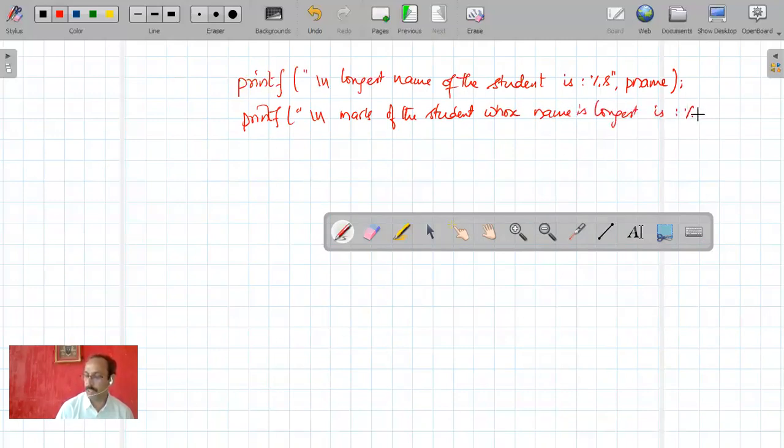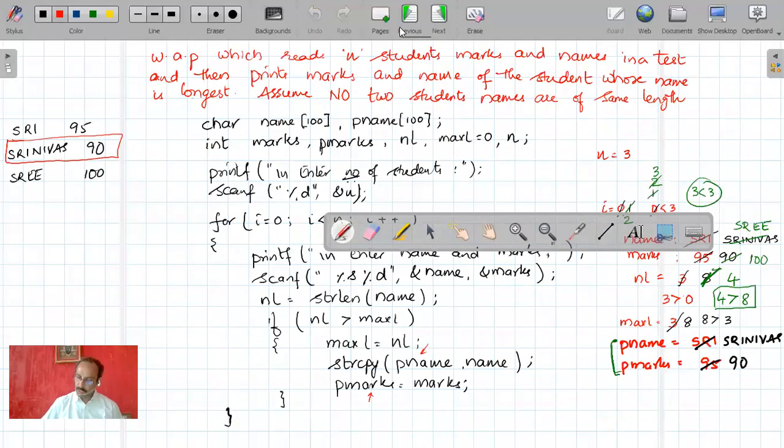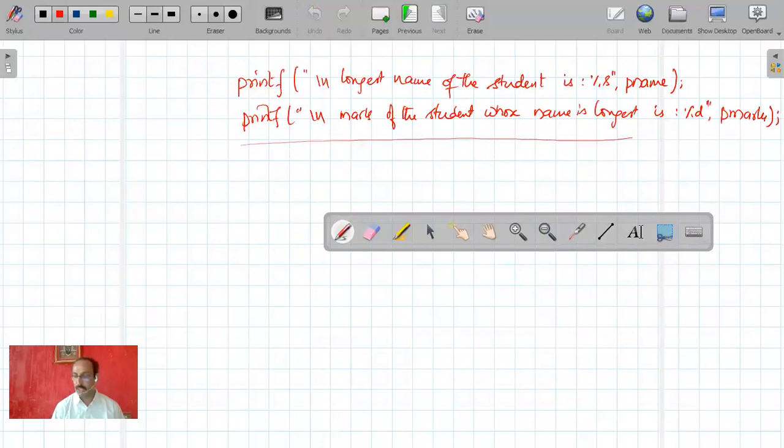I want to print the marks, because of that I'll use percentage %d and I'll give pmarks. So whatever the values I have got in pname and pmarks, I want to print those onto the display. So I'll get the output as SRINIVAS is the longest name and the marks is 90.